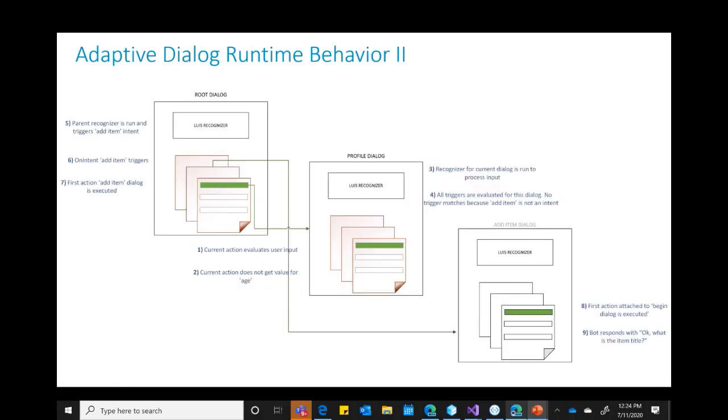Now this is where things got interesting, right? We were in the profile dialog, and this is where the current action was expecting me to respond with an input for the age. Since I responded by saying I want to add an item, the current action could not really get a value for the age, and then it went back to its recognizer to identify what I'm trying to say. Since this dialog is responsible for the profile piece and not really add item, this recognizer could not really understand what I'm saying, and it took that intent and ran it over its triggers, and none of the triggers matched add item. And then what happens next is